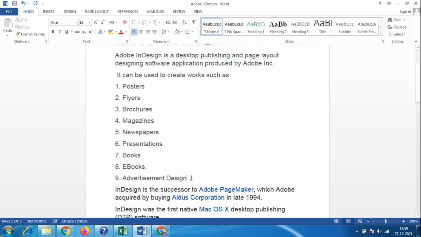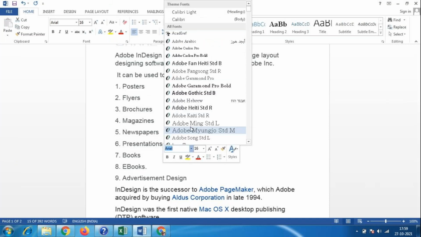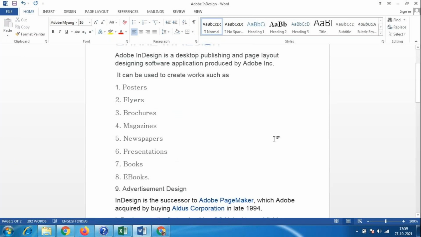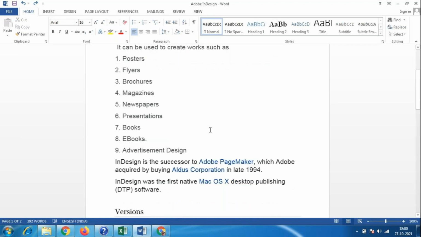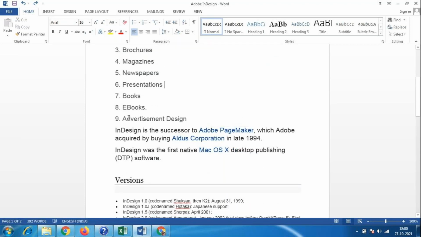Photoshop is completely different from InDesign. Here, in the publishing sense, we mainly use the software to print. Printing purpose only. We make designs that we can print in the future. If we make a magazine design, we cannot just keep it at home like that. So we use it mainly for printing purposes. Okay, all these advertisement designs will be there.